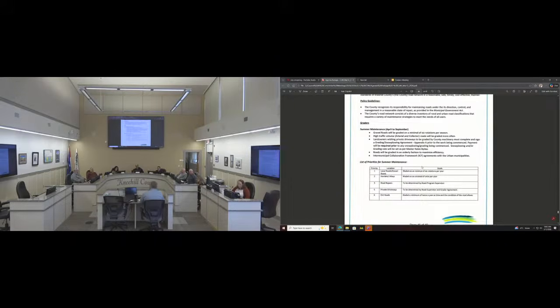Because if a grader's working 2 miles out of their grader shed, they're getting 8 miles done for sure in a day before that 8 hours is up. And when you're talking 8 hours, we're talking from the start of their shift to the end of their shift. That is pre-trip, fueling up, everything, right? So I think that's where a lot of our accountability is moving to, is making sure those supervisors are making sure those operators are doing everything the most efficient way possible.